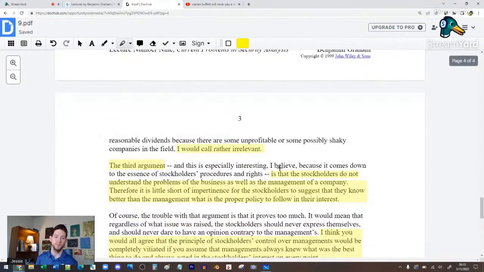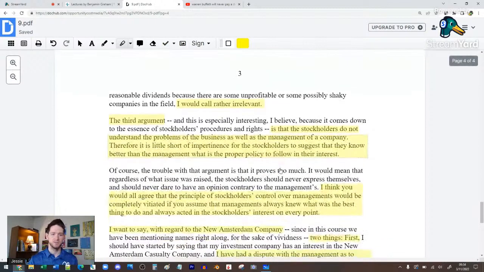The third point is that stockholders do not understand the problems of the business as well as the management of the company. Therefore, it is little short of impertinence for the stockholders to suggest that they know better than the management what is the proper policy to follow in their interest. So this is a little bit of a psychological, maybe emotional kind of dealing where the management believes that they know better. Even if the stockholders say, look at the numbers, we can justify a higher dividend,